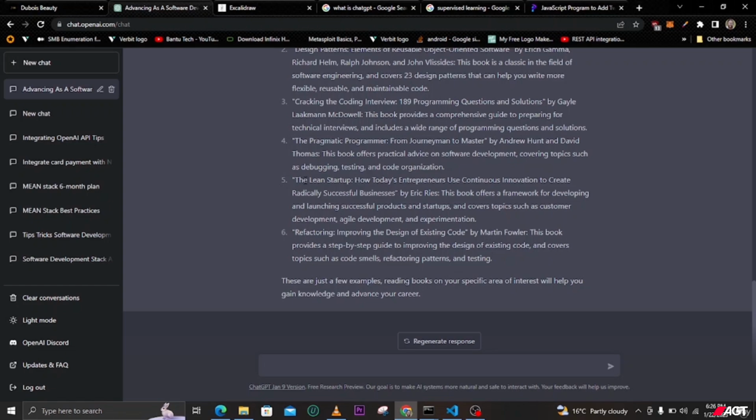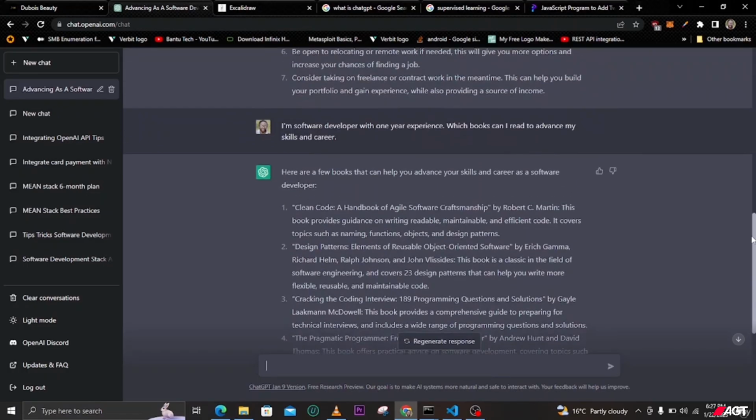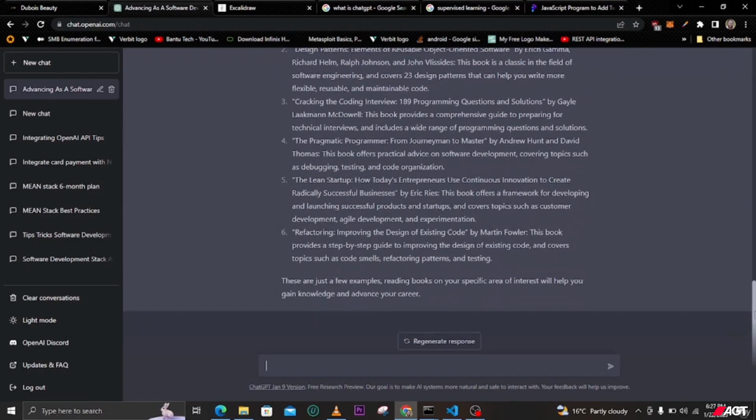The other book is The Lean Startup: How Today's Entrepreneurs Use Continuous Innovation to Create Radically Successful Businesses. So the other one is Refactoring: Improving the Design of Existing Code. Like you can see, this one is suggesting even the books that you can read in order to advance your